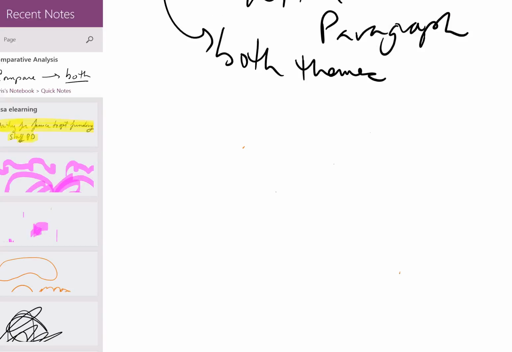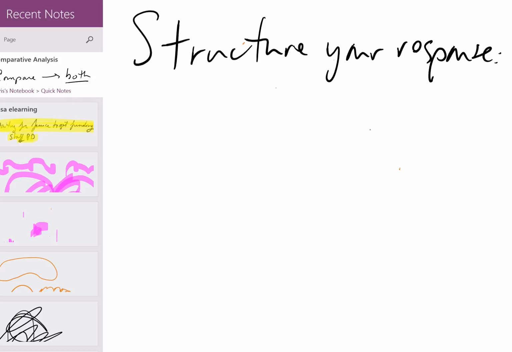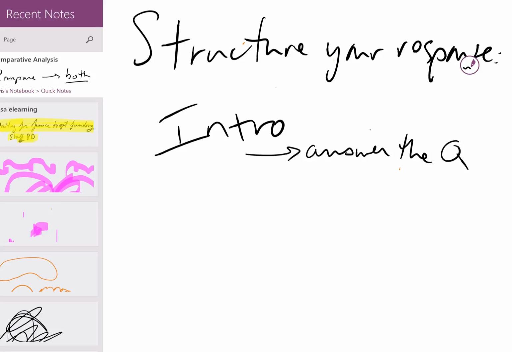So how do you construct this so that you get an A paper? Well, I've got a few rules that will probably help, and I've given you a checklist that will lead you in that direction. Okay, so the first thing that you want to do is structure your response. And this is not a surprise, we have done this before. We want to have, for starters, an introduction. And in the introduction, we want to probably answer the question, or at least tell our audience what the question is, and ask them some more questions